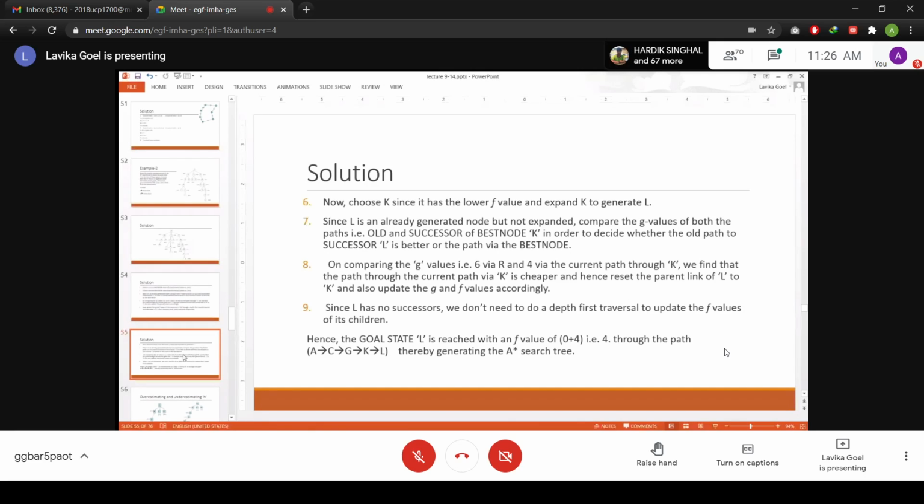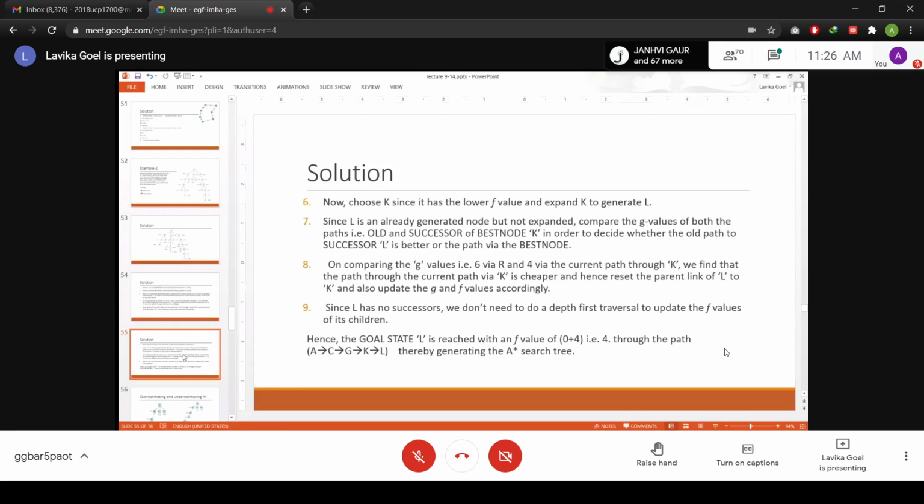The old path to successor was not better, the new path was better. So you compare the 6 and 4 as the G values, and you find that the new path is better. So you reset the parent link of L to K instead of R. Since L has no successors, we don't need to update the cost of the children. So this is one case.